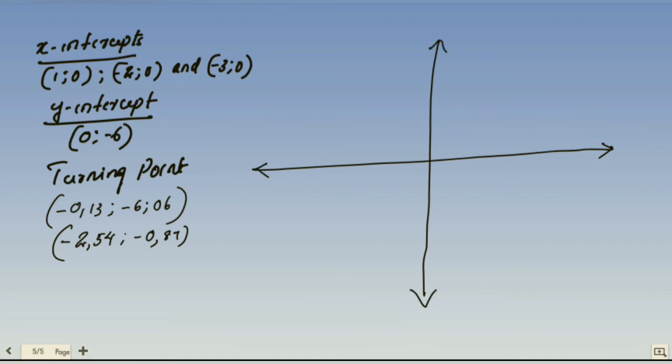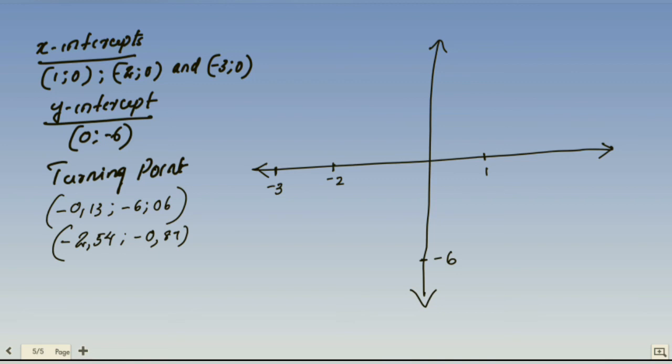Now, first thing that I have to do here is to plot the x-intercept. That is 1 somewhere here. Then here it is minus 2 on the left-hand side of y-axis. That is somewhere here, minus 2, then minus 3. I plot that. Then y-intercept is down here under the x-axis. You know that is somewhere here, minus 6. Now the turning point. What is the first turning point? Minus